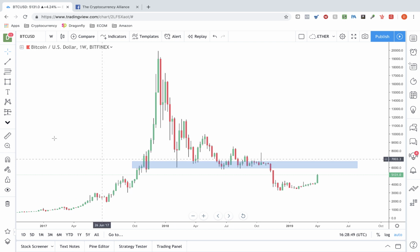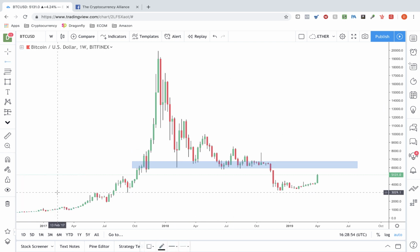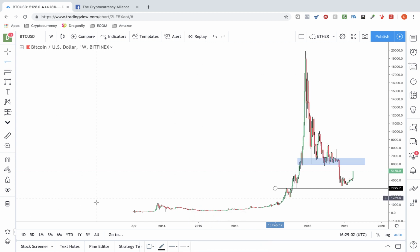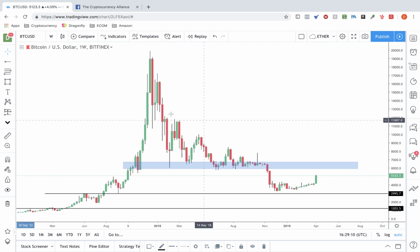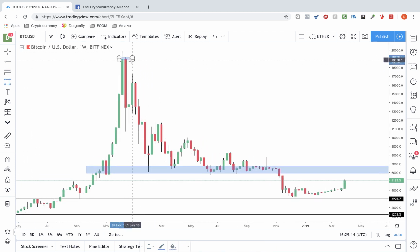And then I want to also highlight this $3,000 area. Okay, so here we go. As you guys can see, the market, ever since it reached its peak,